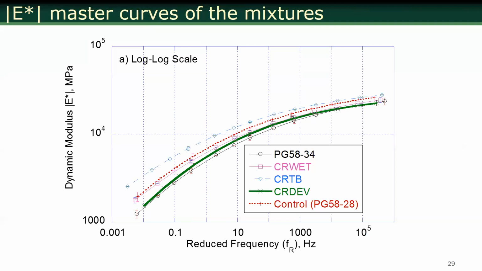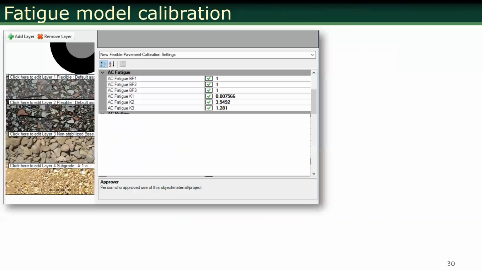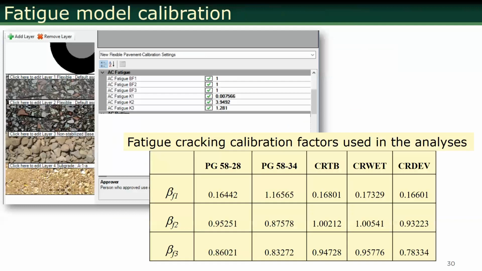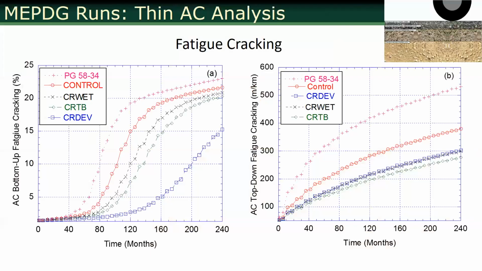So we input these in Pavement ME. And also, we calibrated the fatigue model for individual mixtures. We've run fatigue tests for all of these mixes in the lab, and then came up with beta factors for individual mixtures. And then we entered them into the Pavement ME. And this is